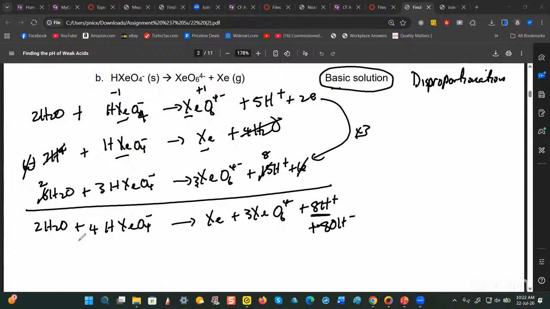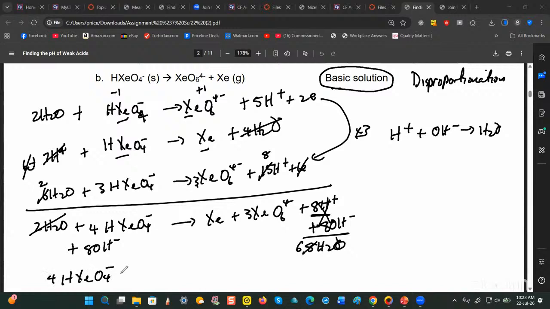Hydroxide ions to both sides. Now remember, one H plus and one OH minus will give one H2O, right? In this case here, we have 8 H plus and 8 OH minus, so that would give 8 H2O as a result. So when these two are added, you're going to get 8 water molecules. And then now we can cancel out two of these. These two will cancel out two of these, leaving behind 6. So your final answer is going to be